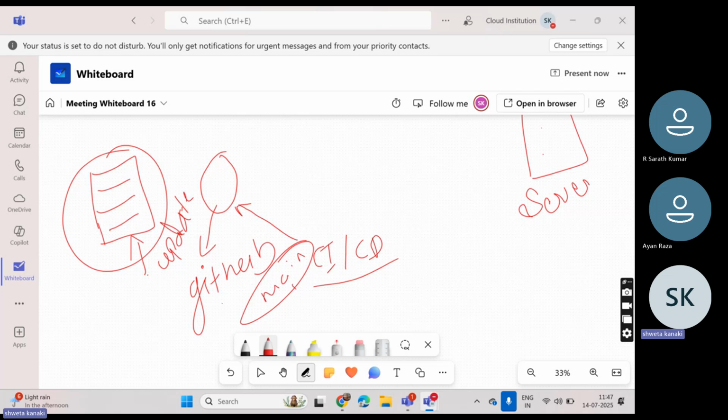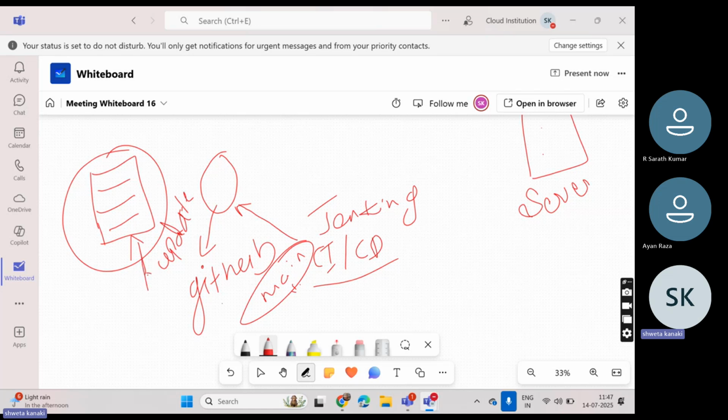Whatever the branch is, the main branch is connected to your pipeline, that is Jenkins. We have created a job for that. For example, I have already deployed it.